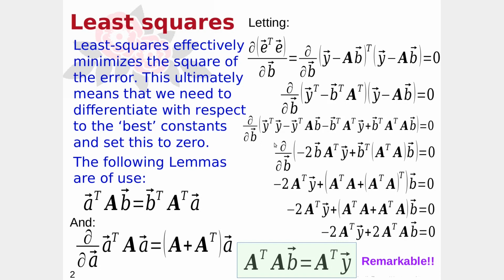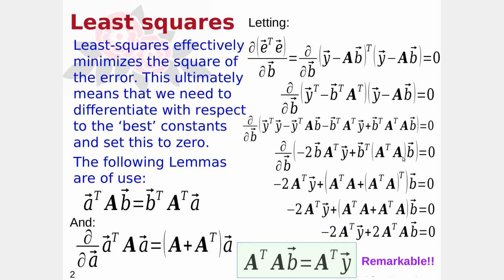So now we're in a position to use the fact that, first of all, this first term is not a function of b, so it will just disappear on differentiation, so we'll ignore this term. We now need to do something with this term, and we see that what we would like is that it is in the form y transpose A, so we need to do something with this. So we'll reverse these round. This becomes b transpose, this becomes y, so long as this becomes A transpose. So essentially this term here is identically equal to this term, so we've got two of them. So we have 2 b transpose A transpose y plus, and then this is just for the ride,